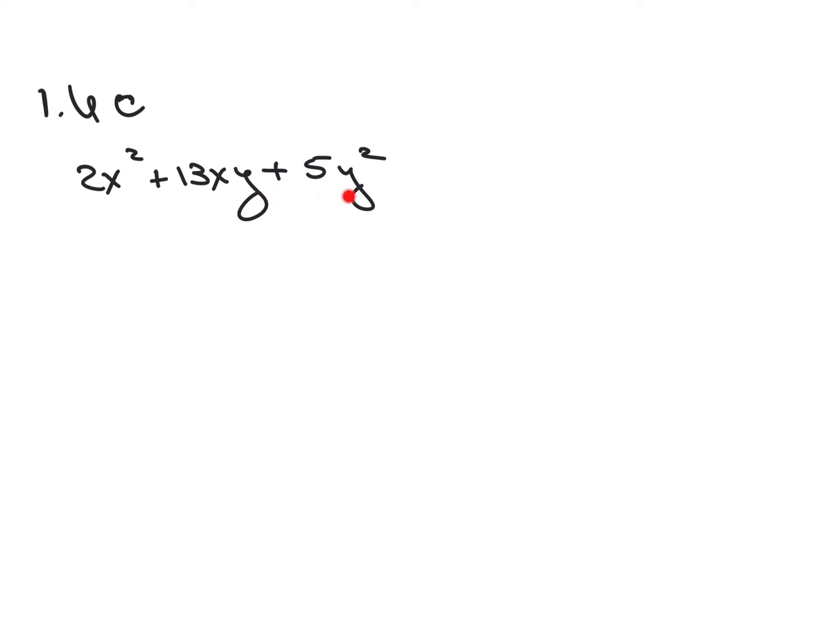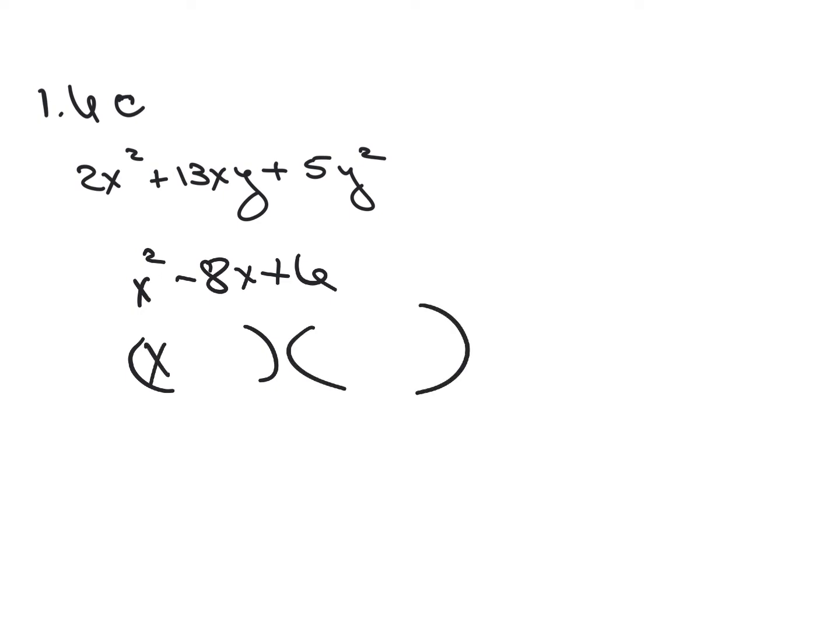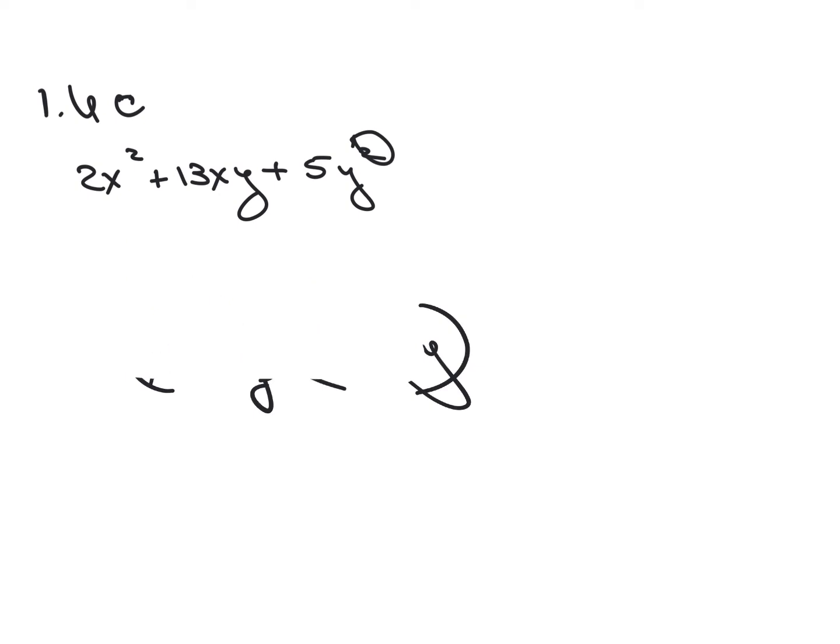y squared. What I normally suggest as we do this, just like when we were factoring before and we had an x squared, let's just say, for example, x squared minus 8x plus 6. We had two binomials. Put an x there and an x there because of the x squared. The same is going to be true with the y. We're going to put a y here and a y here. So then what we're looking for are the numbers. So if you are given a variable as your third term, just put it in